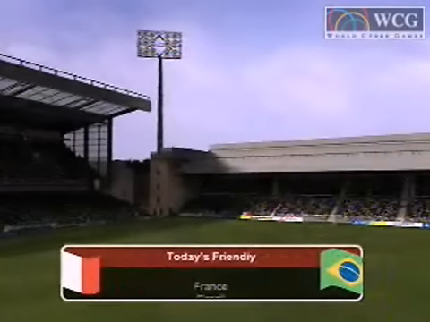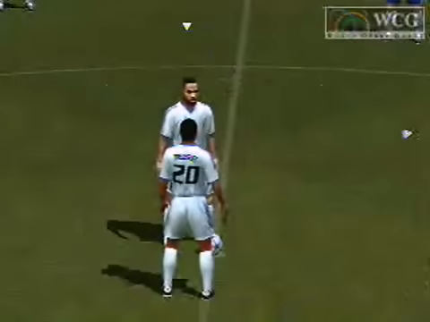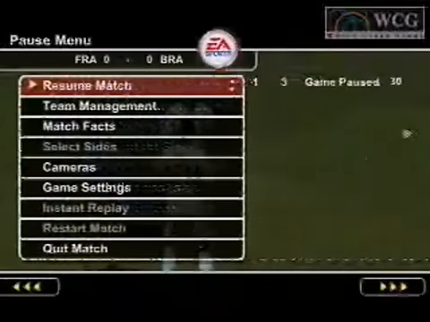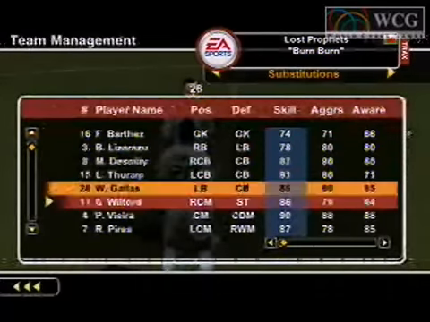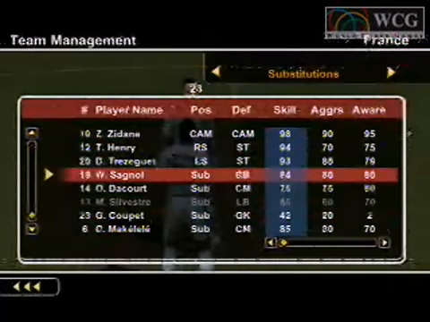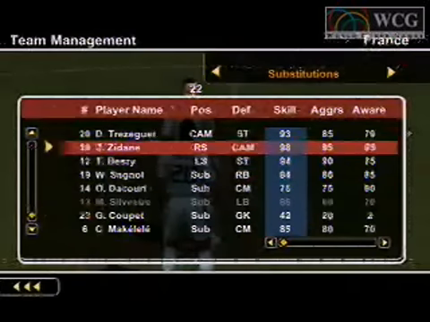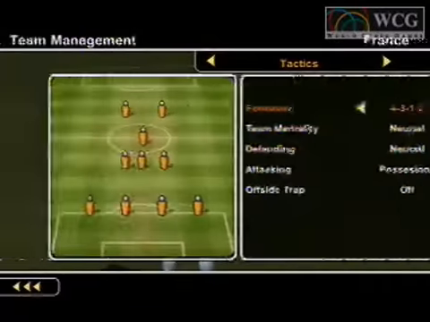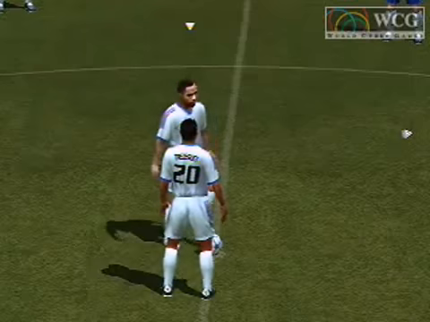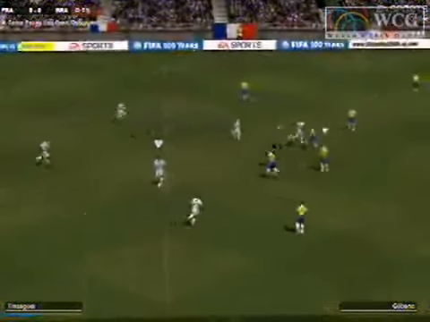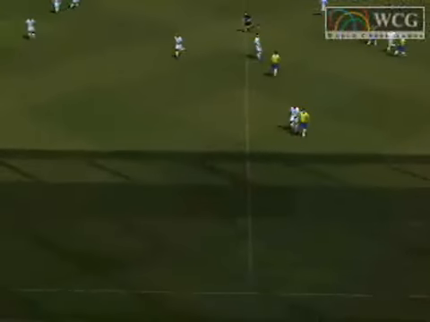The players now coming to take the field. It looks like France is the home team to begin. He's going to do his team management. He's going to make a few changes, some player swaps, and some line changes. And after that, the ball will be put into play. It's going to be kicked out of bounds so that the away team has a chance to do the same thing. And the ball is cleared out of bounds.